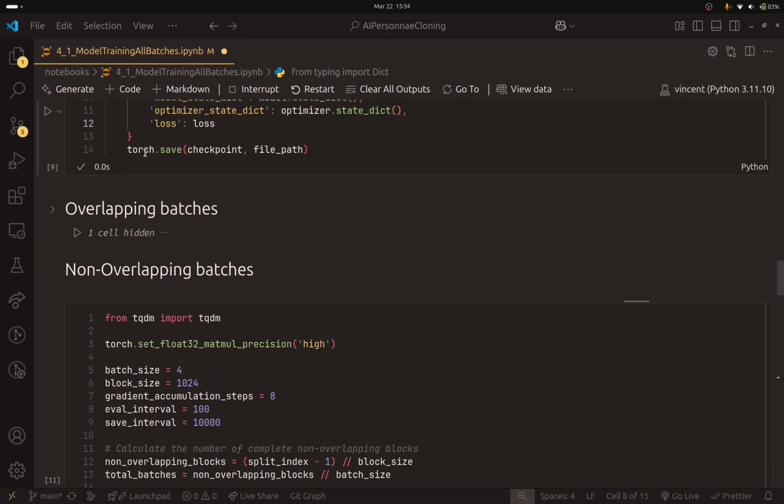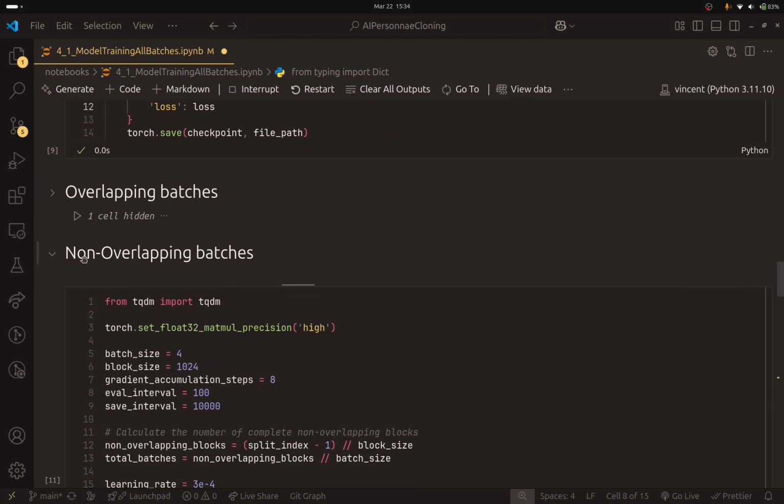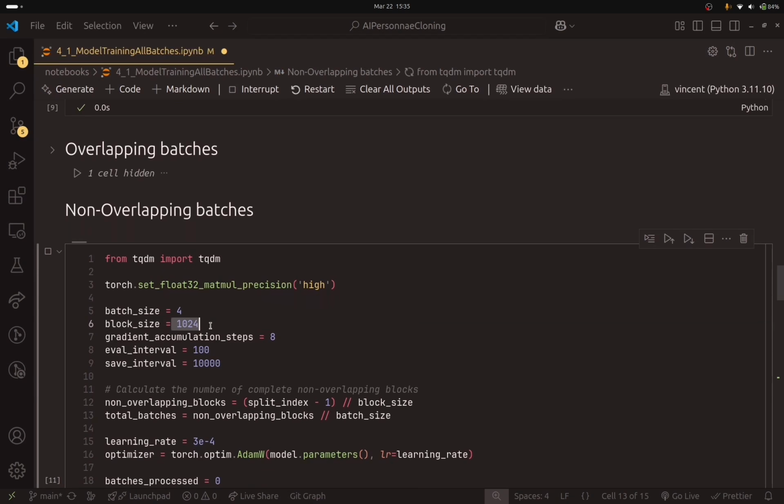Here I have two methods, the overlapping batches and the non-overlapping batches. Each example contains 1024 tokens because this is the block size that I chose. So to go to the next example, we will shift the index by 1. So this is the first method, overlapping batches. And this is why the size of the training was big, because we were overlapping the data that we have